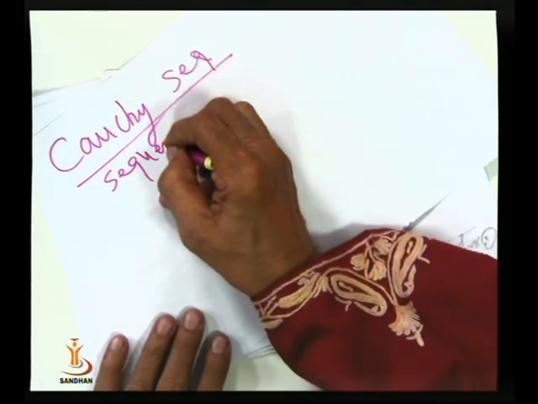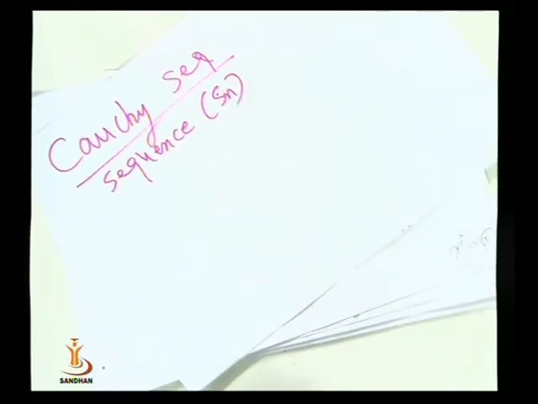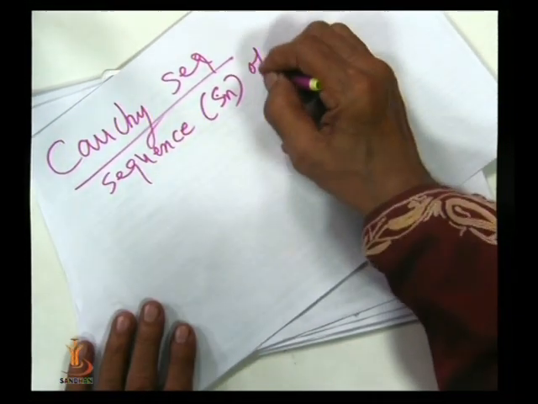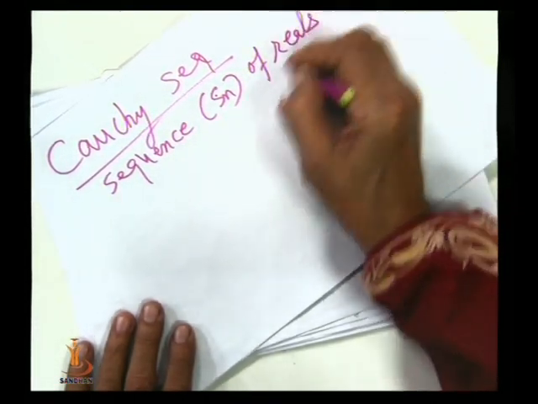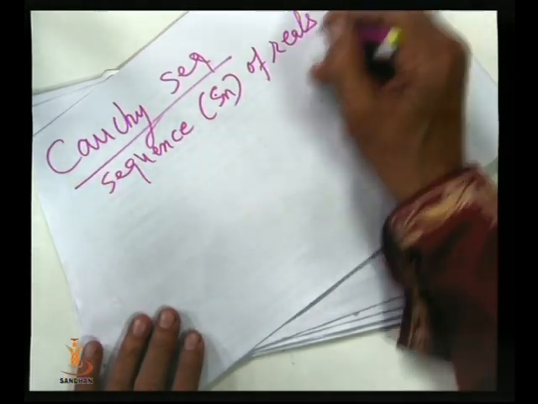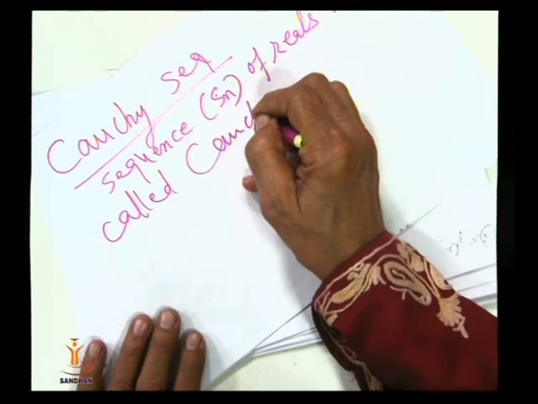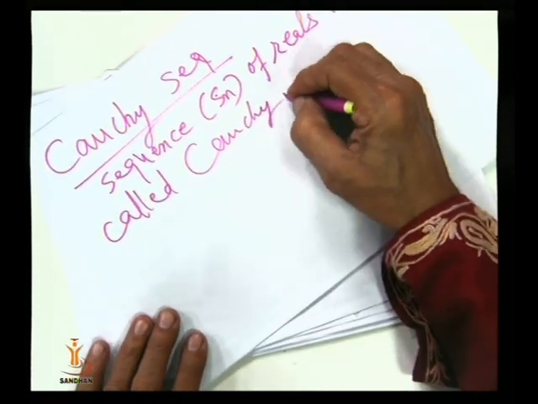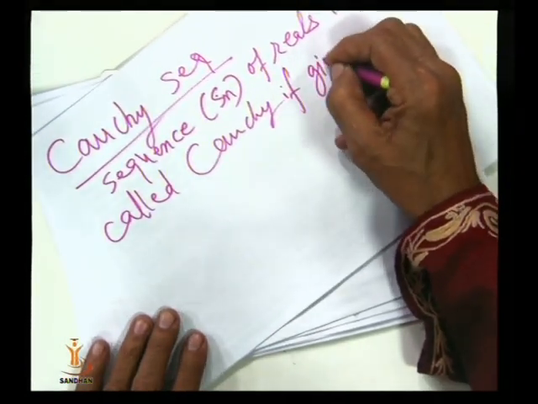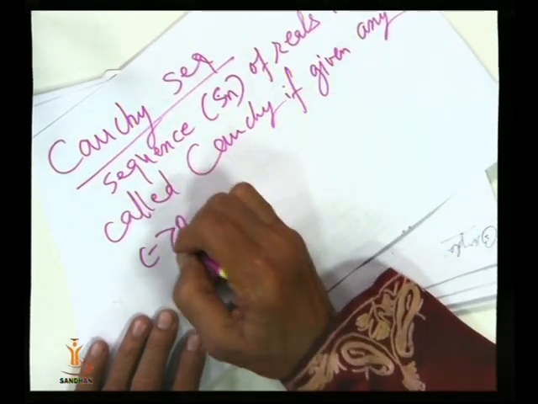A sequence (S_n) of reals is called Cauchy if, given any epsilon greater than 0,